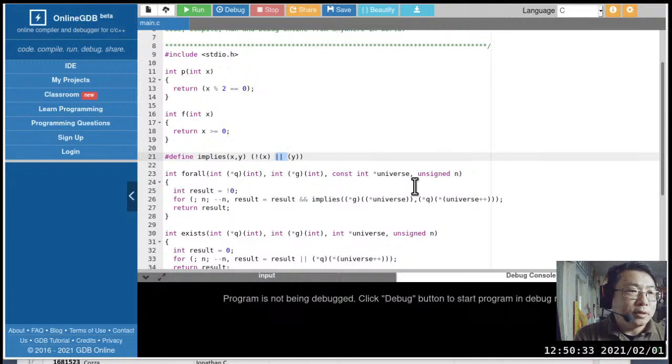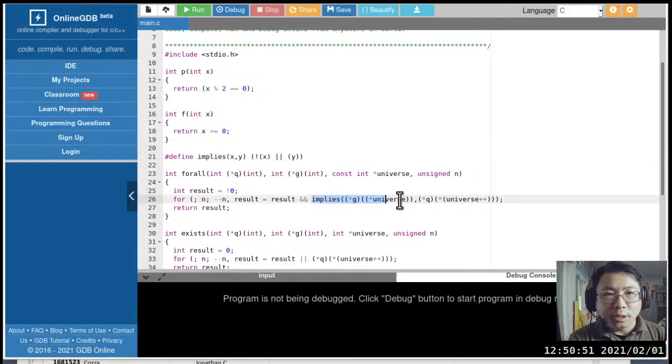It won't advance if not x is true because of short-circuited Boolean evaluation. That is correct. So Aiden has just pointed out the flaw of this logic here. Okay, so let's take a look at the entire thing. We're zooming in to just this expression here. So the macro expansion means this part here is going to be x over here, and then the application of whatever function g is pointing to is going to be the y over here.